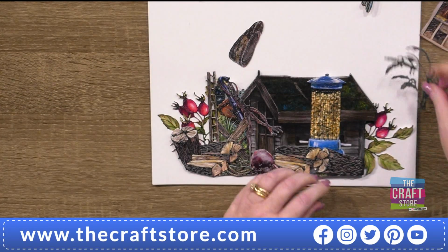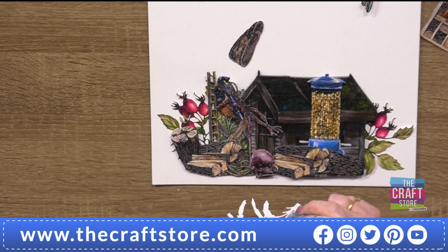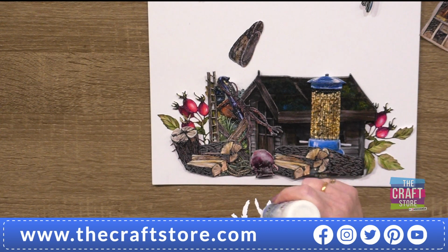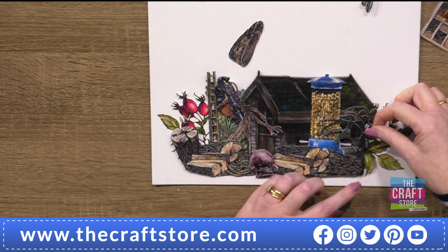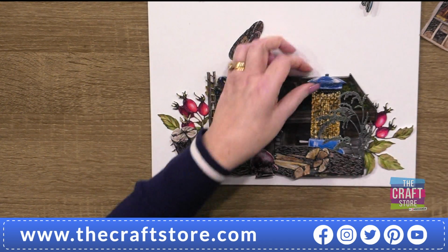I love robins as birds. They're known as gardeners' friends, aren't they? And they're not timid either, are they? Once they get used to you and once they find a home, they stay there. Yeah, it's really lovely. So I'm just adding in some random pieces of foliage that we've had from other collections,